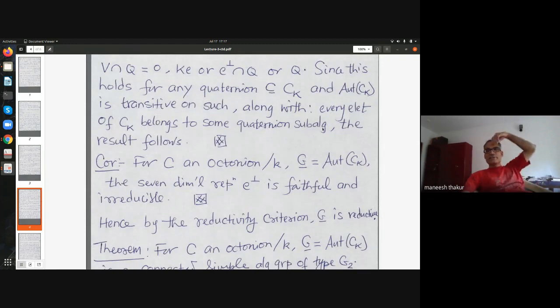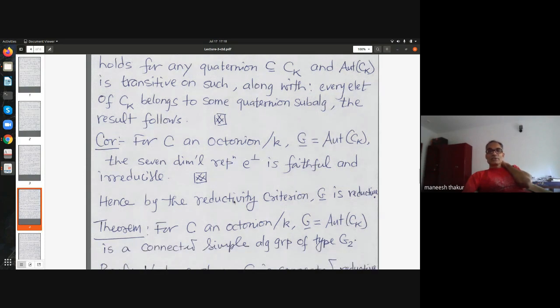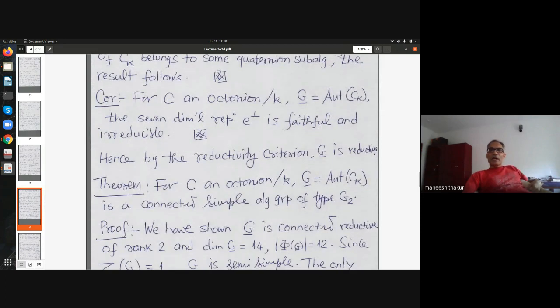So the point is, the trace 0 part of the composition algebra is an irreducible faithful representation for the automorphism group. In particular, for the octonion case, you get an irreducible representation on the 7-dimensional space, and that is faithful because identity is fixed by the whole automorphism group. This is the smallest non-trivial representation of the automorphism group. And that lemma now applies to give us that G bar is reductive.